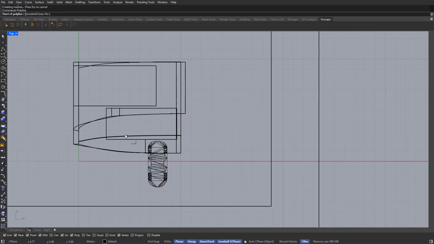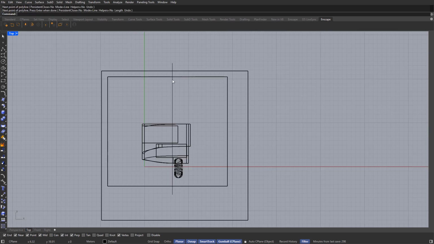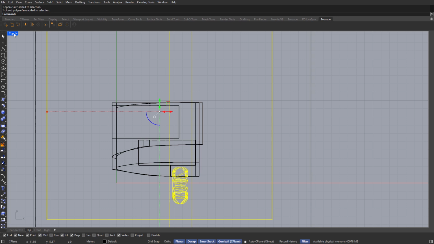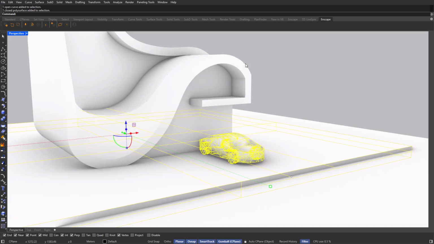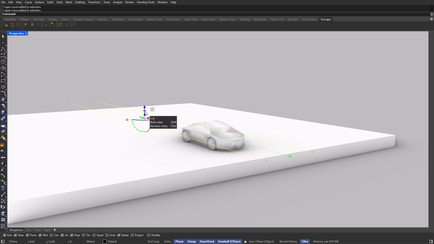So let me go to a top view, type in polyline, and I'm going to just create a polyline that goes through all of my project and duplicate it over to this side. Okay, so I'll grab all of these three objects, go to a perspective view and type in isolate. Okay, great. Now I'm going to be grabbing both of these curves